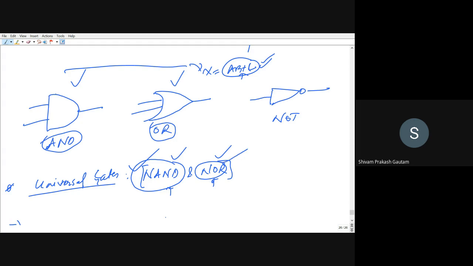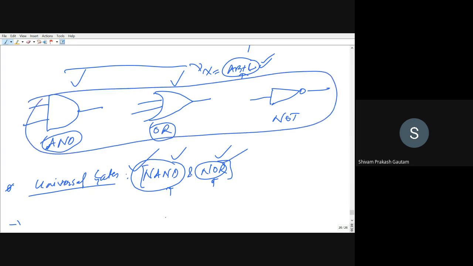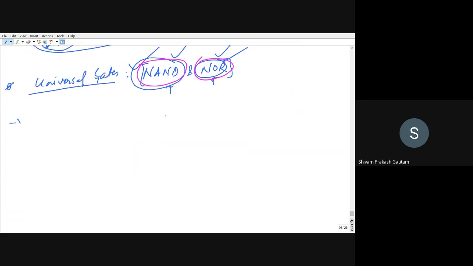You can perform them by these three as well, right? But this will not be economical or ergonomical, and the complexities will also be more in these gates. So in order to overcome all of those, we will be using universal gates. There are two types of universal gate. The first one is called NAND. The second one is called NOR. So we will see these gates, NAND and NOR. First we will see the NAND gate.